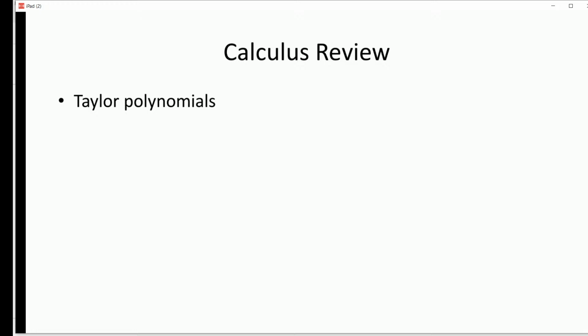Okay, calculus review. What we're going to be doing is Taylor polynomials. We started this last time, but I just want to remind you of a couple of things about Taylor polynomials. The reason is that by far the strategy we're going to be using to teach the computer how to solve things is to first think about what a Taylor polynomial looks like and how whatever we want to do works with Taylor polynomials,